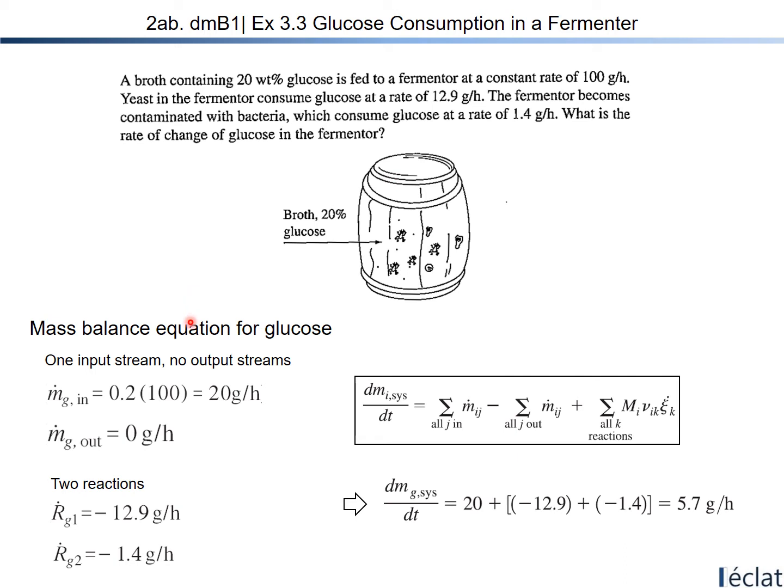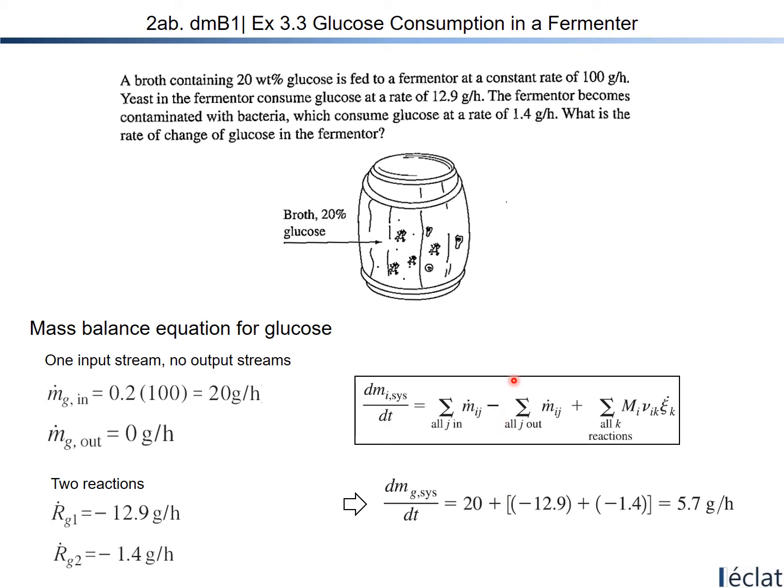So let me think about the mass balance equation for glucose here. dm/dt is equal to in minus out plus generation minus consumption term. So dm of glucose inside of the system over dt is equal to 20. Why 20? Because the total flow rate of the input was 100 grams per hour, and 20% is glucose of the total amount. So 0.2 times 100 grams per hour is going to be 20,